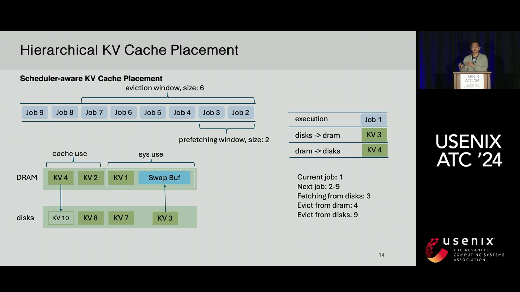Job 10 is not in the job queue, so we decide to remove KV10 from the KV caching system. By doing this, we can ensure that when job 2 and job 3 have an opportunity to be executed, their KV cache can be in the DRAM, and they can utilize good